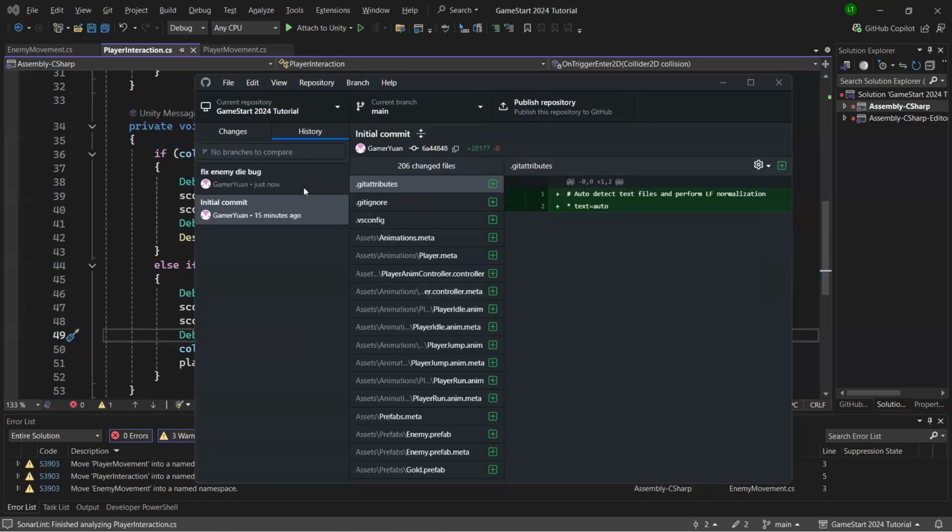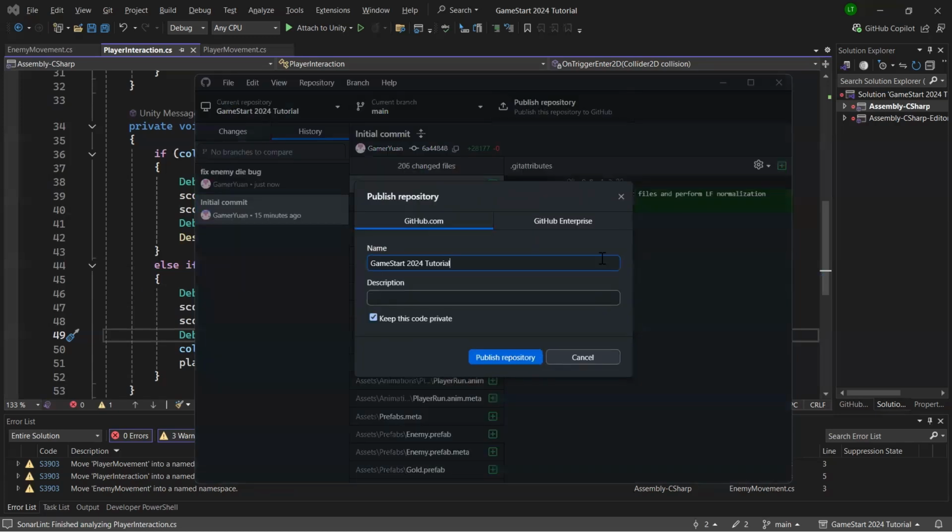Okay. Now you have a working repository. Say you want to start collaborating with people. You will be able to click on this publish repository button, where you can give this repository a name, give it a description, and you can select if you want to keep this code private or not. For now, I'll choose to keep this code private. And as I click on publish repository,